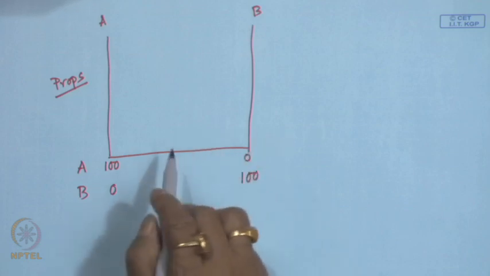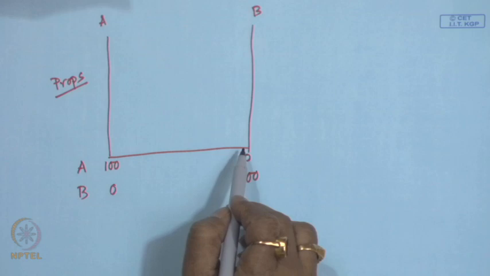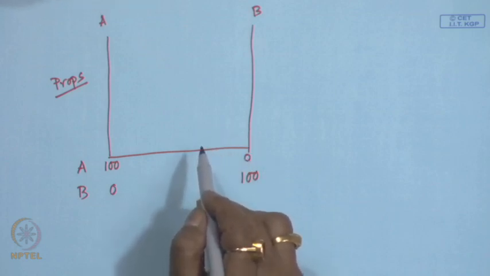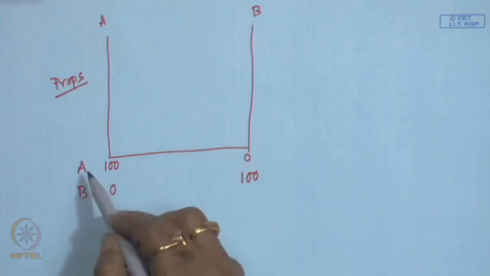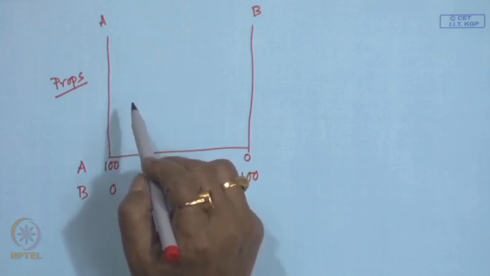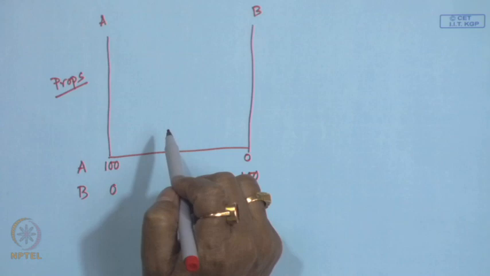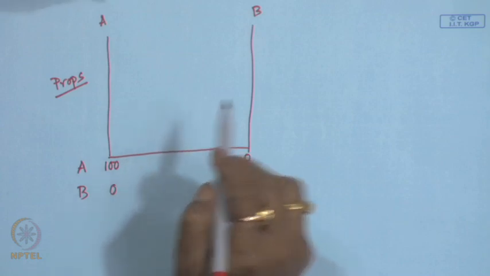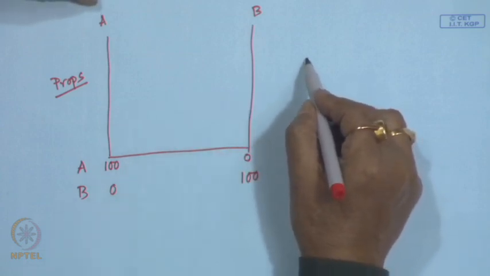And we will have a full range of compositions, and we can make infinite number of blends of A and B taking intermediate compositions,